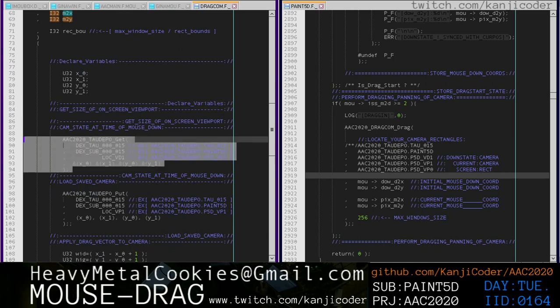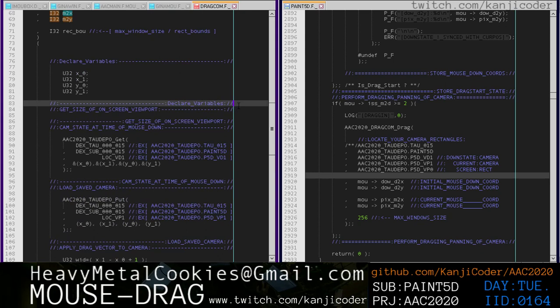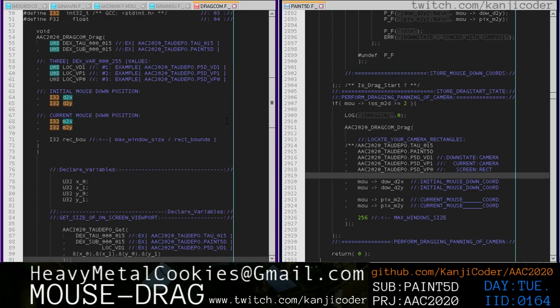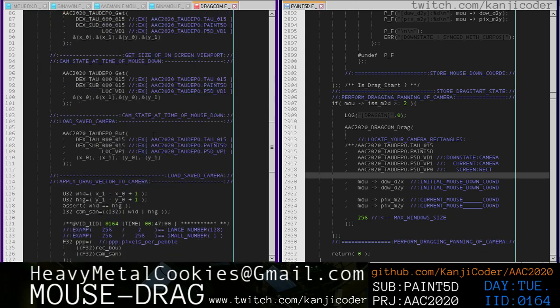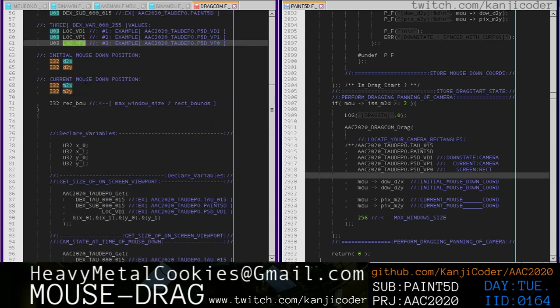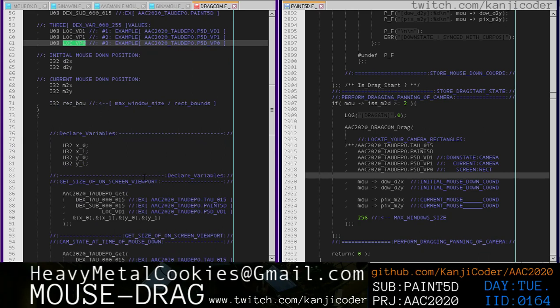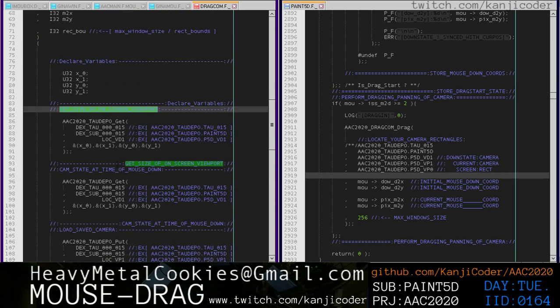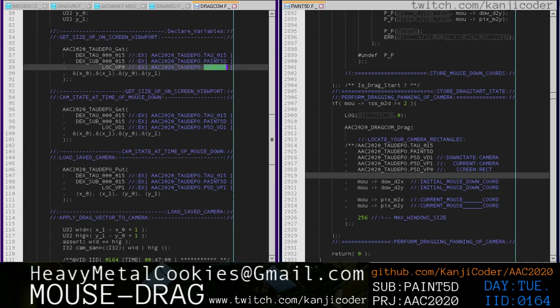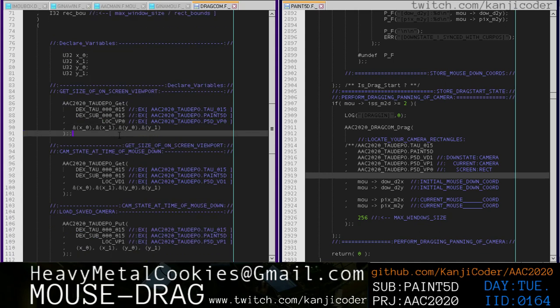So we're going to use this get function. Right? But instead of getting this stuff, we're going to get this VP0, right? So we don't have anything where we're fetching this yet, right? Nope. So we're going to fetch this VP. Let's make absolutely sure. VP0. This is the new thing, right? Yes. It's the new thing. So let's grab this VP0. Get size of on-screen viewport. That's going to be loc VP0, right? So this would be, for example, P5D VP0, VD1, VP1, okay. So now that we have this, we're going to just say that,